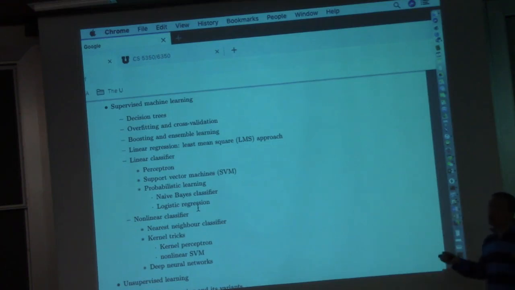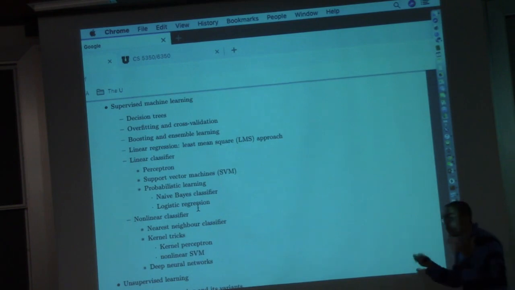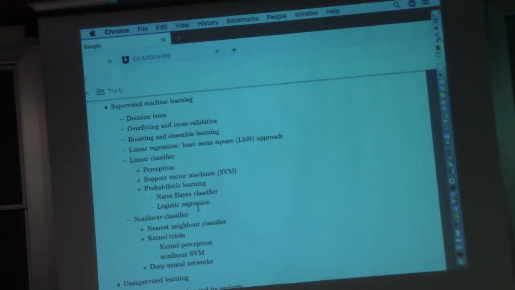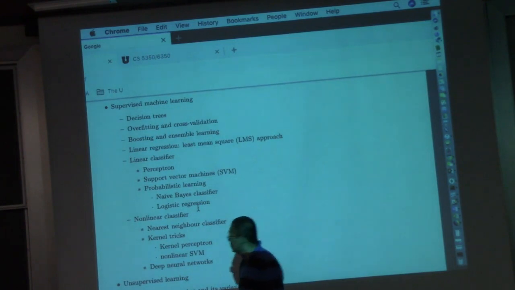And finally, we'll introduce deep neural nets. Of course, it's the hottest topic right now. We'll introduce what backpropagation is, and you should be able to implement your own deep neural net training algorithm yourself. Essentially, backpropagation is an application of the chain rule. So anybody who knows the chain rule for derivatives will be able to implement their own backpropagation algorithm.